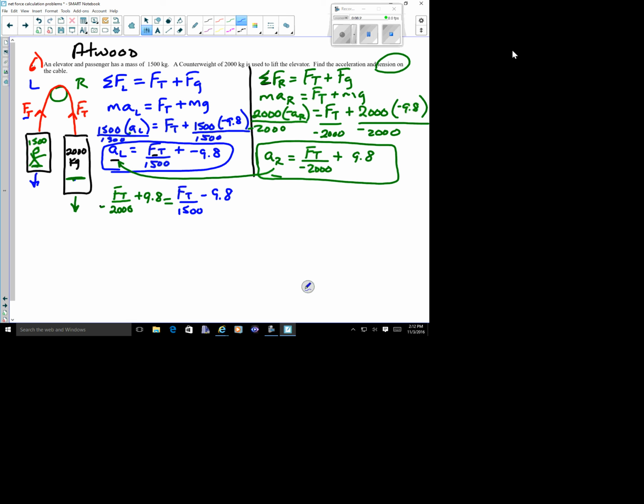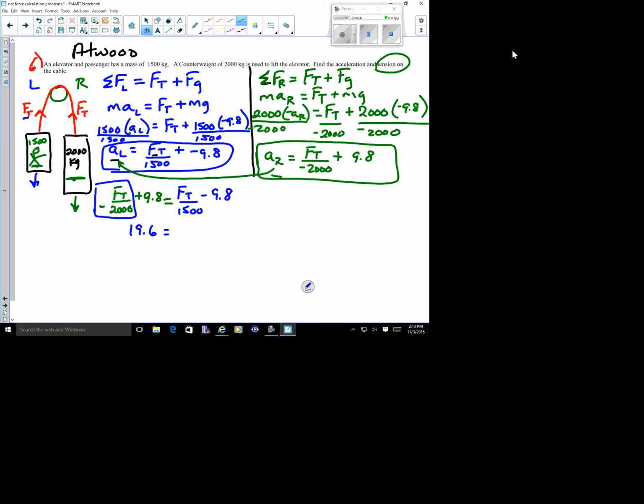So I'm going to add 9.8 to both sides, and that's going to give me 19.6. And as well as adding 9.8 to both sides, I'm now going to add this Ft over negative 2,000. I'm going to add that to both sides. So that cancels out on this side. And so you end up getting